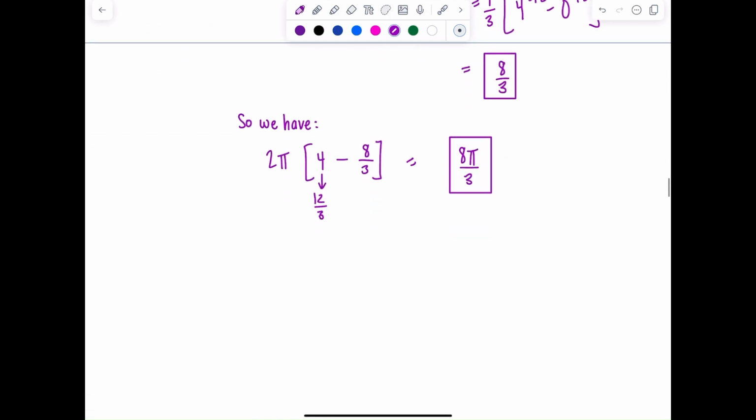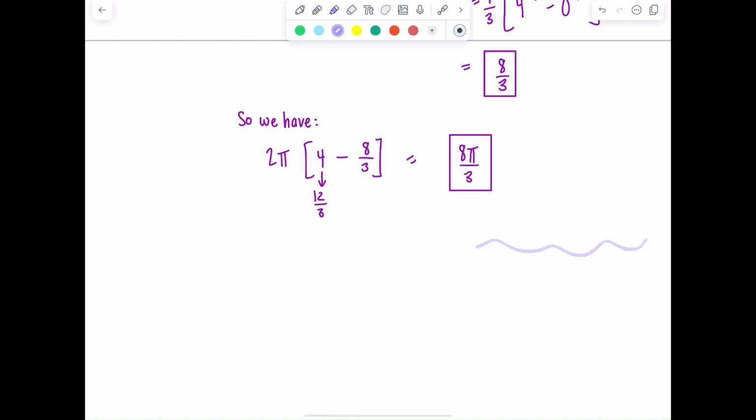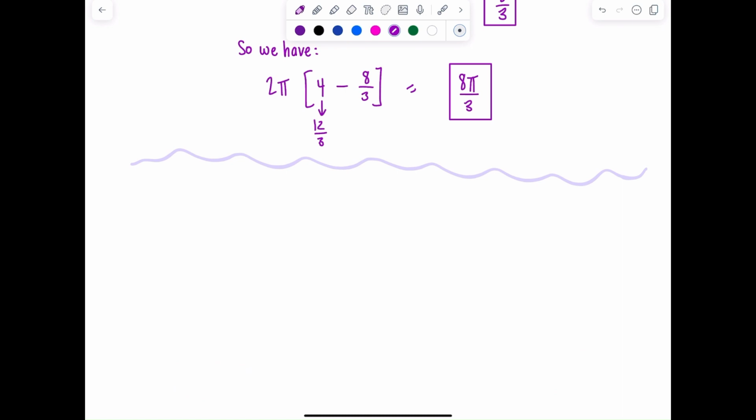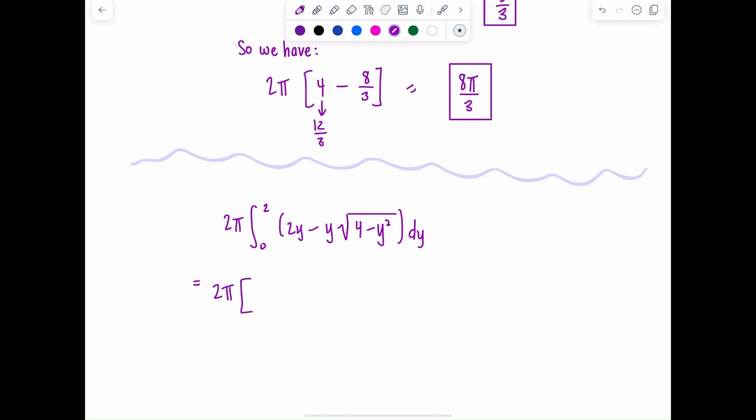What was I saying about the shortcut? If you're just starting Calc 2, it probably won't feel nice, but by the end of the semester, or maybe even partway through, say you were at this point, 0 to 2, 2y minus y rad 4 minus y squared dy. You could probably do it all in your head. So you would do 2 pi, antiderivative of 2y you would know is y squared. And then basically just in your mind, you would say, if I let u be 4 minus y squared, you would get to the point where you saw, oh, we would just have a negative 1/2 du